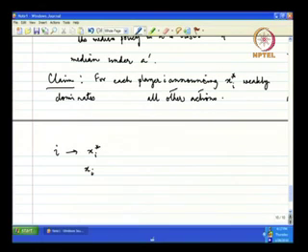Now, if I take i out and take the announcements made by other players and arrange them in ascending order, this is how they are arranged: x1, x2, dot dot dot,